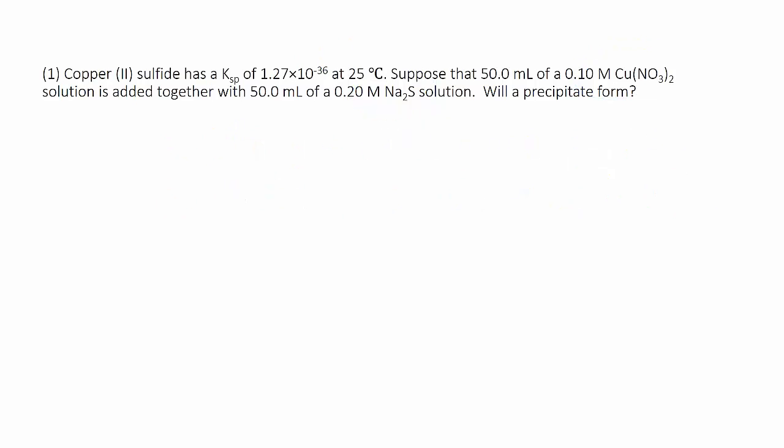but we can go ahead and do the math to prove it. The next thing that we have to recognize is that it's giving us the concentration of the sodium sulfide and the copper 2 nitrate, but we need to remember that when we mix the two solutions together, we pour the contents of one beaker into the other, we end up effectively doing a dilution. And because the volumes are equal, 50 milliliters of each, the final concentration of sulfide is going to end up being 0.1 molar, and the final concentration of the copper ion is going to be